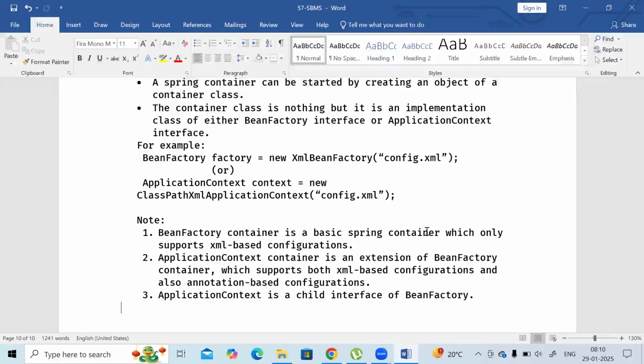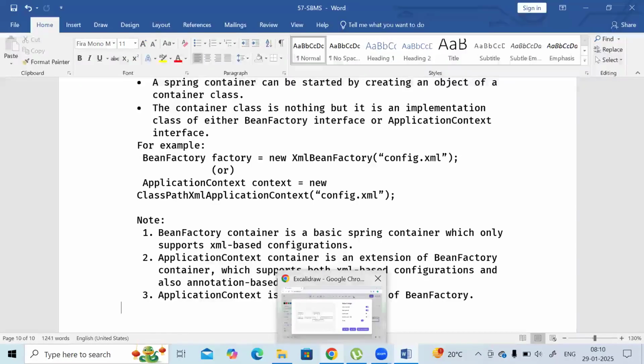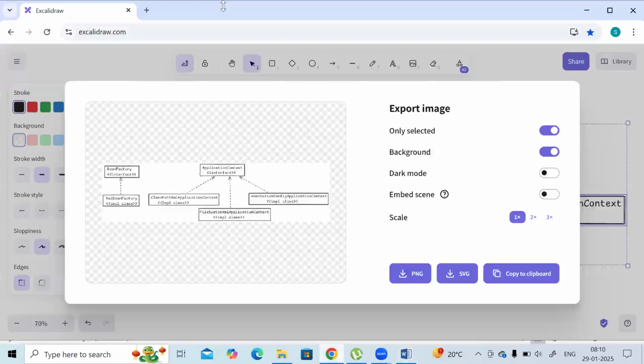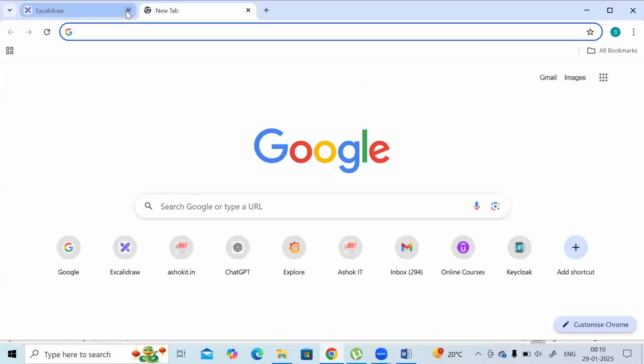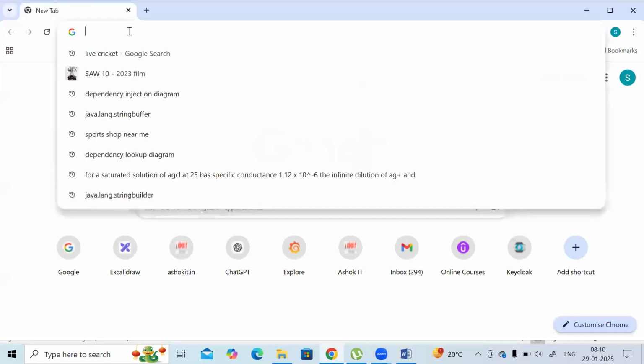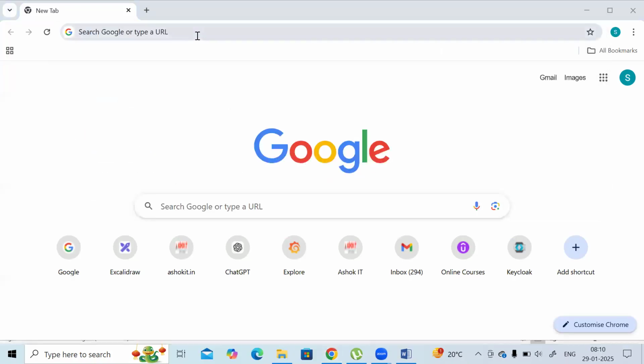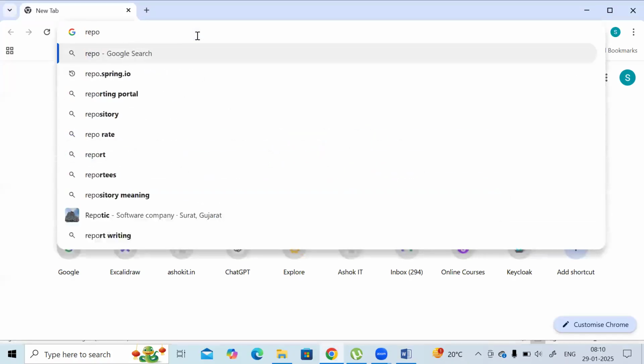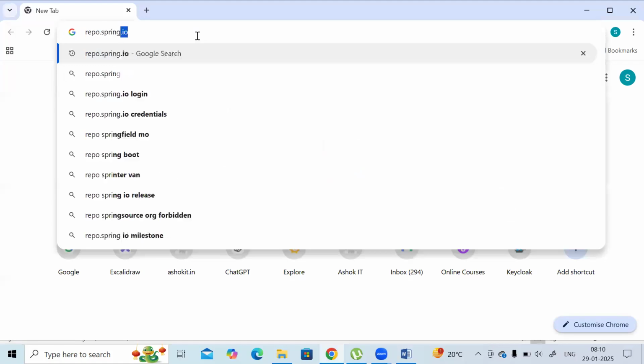Okay, just a minute. Before starting with applications, first of all, you should know the Maven tool. That's why first I'll start with the Maven tool, and after giving some knowledge of Maven,